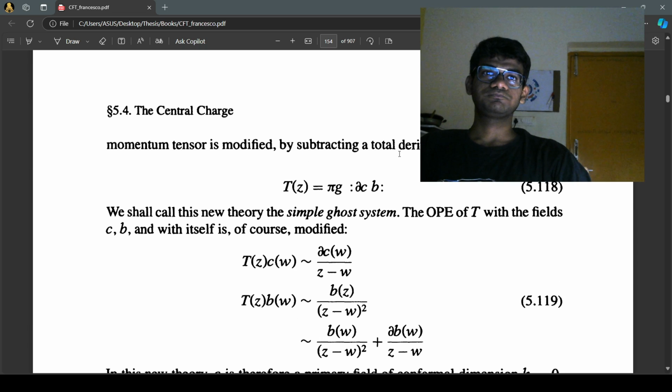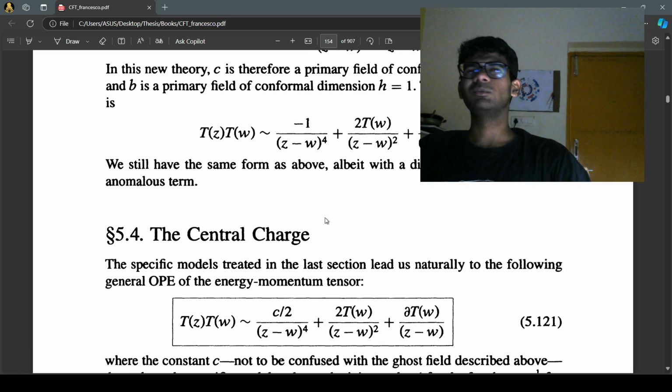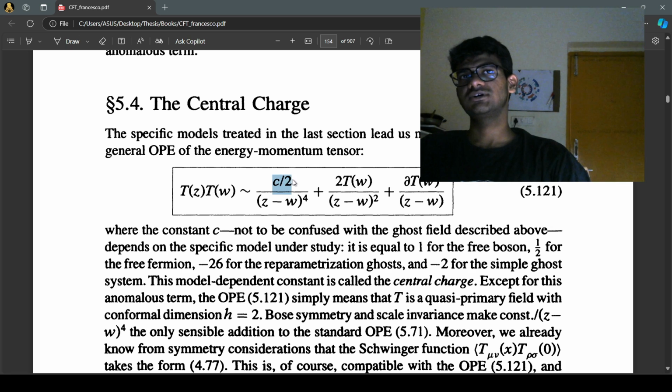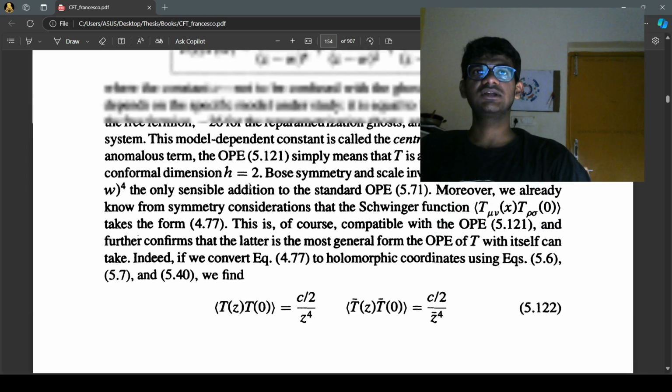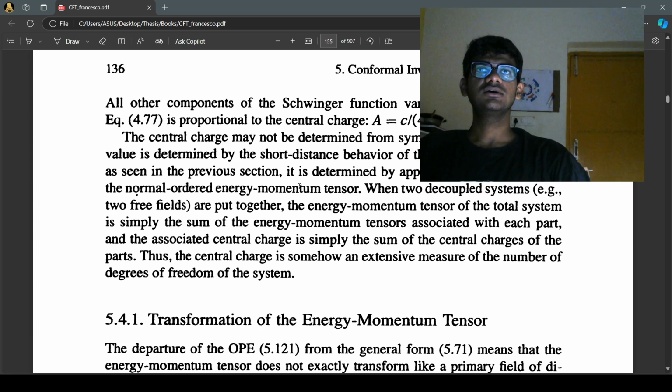So things are sort of similar in the sense that there's a central charge c, and the anomalous term has a c by 2 factor there, and there is a real nice connection between the central charge and